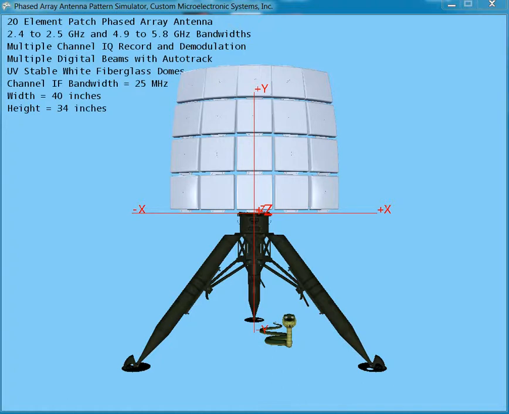That can be varied in the software, and all elements are exactly the same, so there's no control as yet, which will come in further editions of the software that allow individual excitation for each element for improved performance. Okay, so